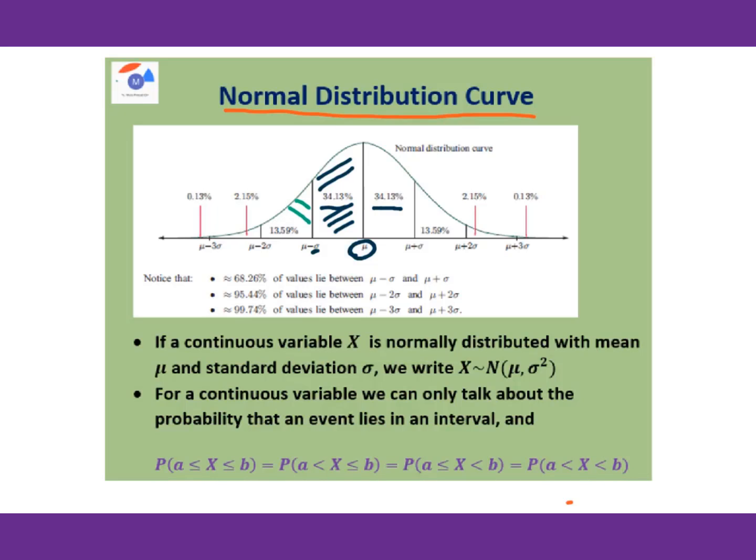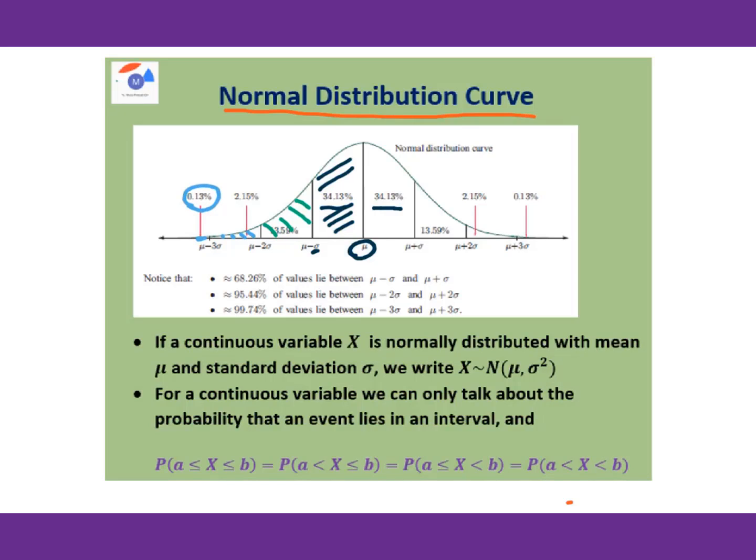This area will be 13.55%. For this area, it will be 2.15%. Then before mu minus 3 sigma, it will be